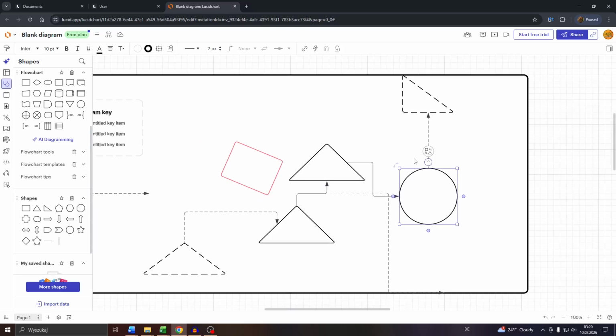Let me go with, no, it wouldn't make sense to rotate a circle, of course. Let me go with that rectangle here. Click into it. And what you need to do, guys, is hover your mouse over one of the shape's corners. Usually it's the corner in the top left. And you will see that the cursor changes its appearance to that double-headed arrow here to the left, to the right. Click into it, hold your left mouse and simply move your mouse to rotate